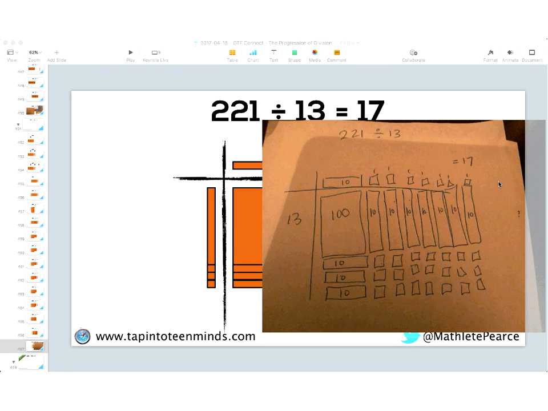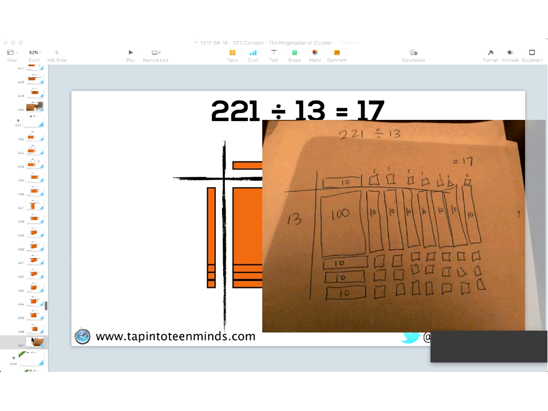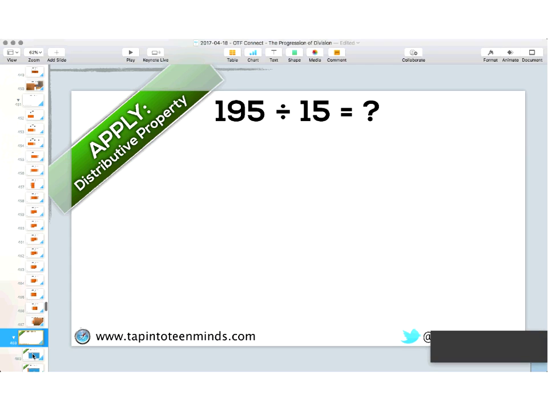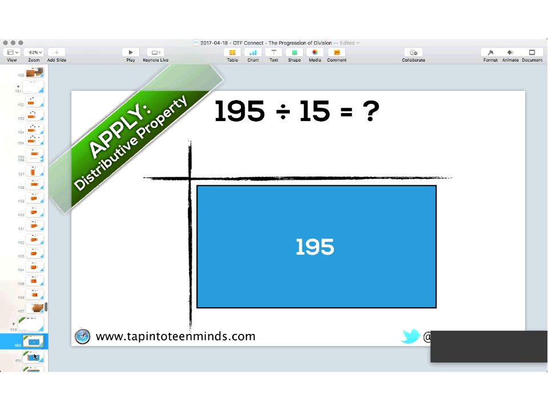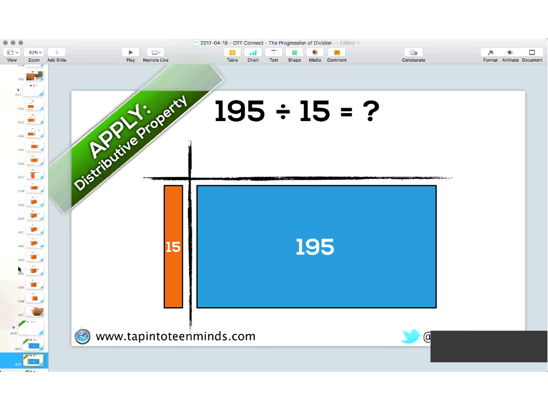Awesome stuff. What we're going to do now is I want to take a problem like this one, and now we're going to kind of move away, and this isn't my decision. I don't get to decide when we move away from base 10 blocks. It's when students are ready to start drawing it instead of using base 10 blocks. That's when they move there. So it's not like today we're like, okay, no more base 10 blocks. It's students, when they're ready, they're going to start doing it anyway, just like a lot of you are